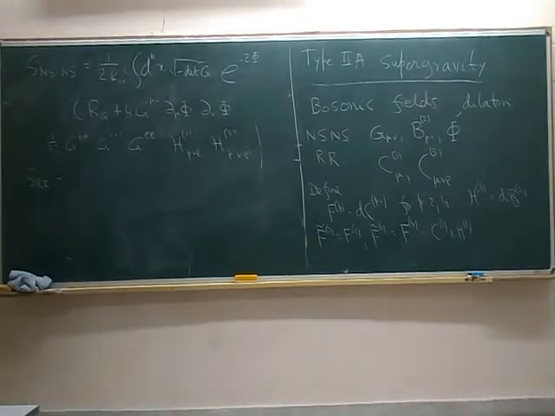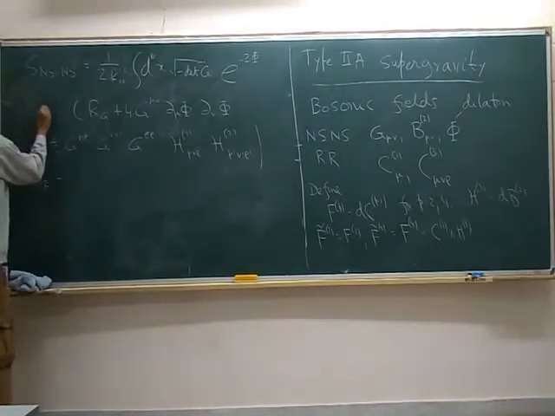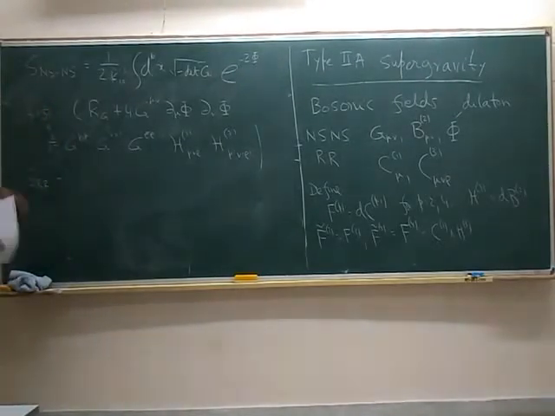Now I should just say that this 1/12, you could also think of this as half times 1/3 factorial. This is a standard normalization that we'll be using. There will always be a factor of half, because after all the kinetic term always comes with a factor of half. And then it will be 1/p factorial if it's a p form field strength whose kinetic term is evaluated. That's a normalization that is conventionally used.